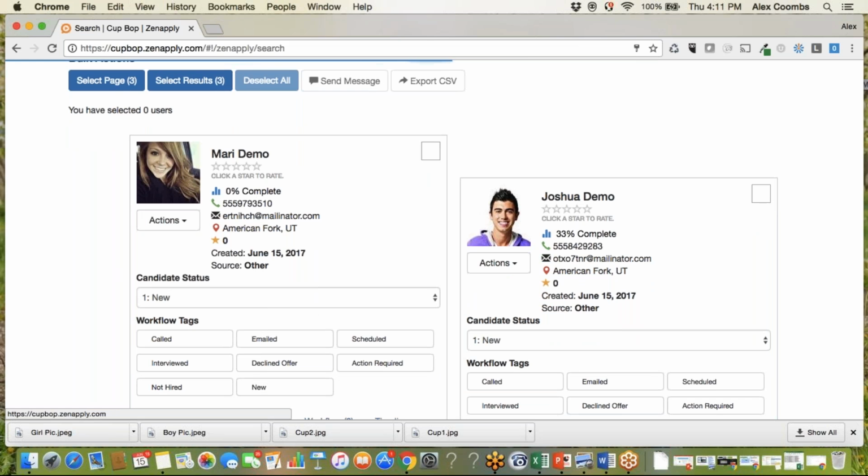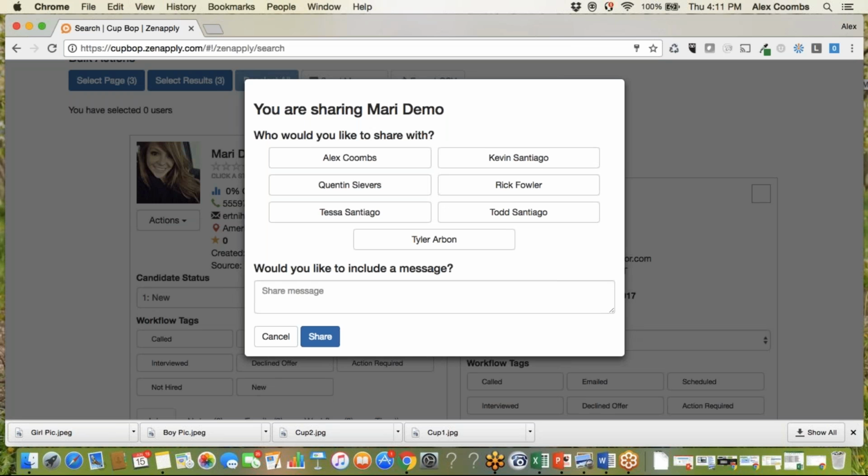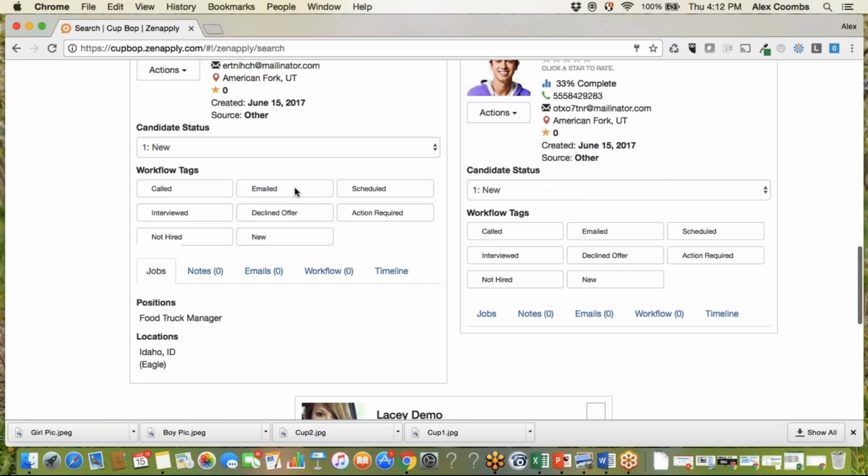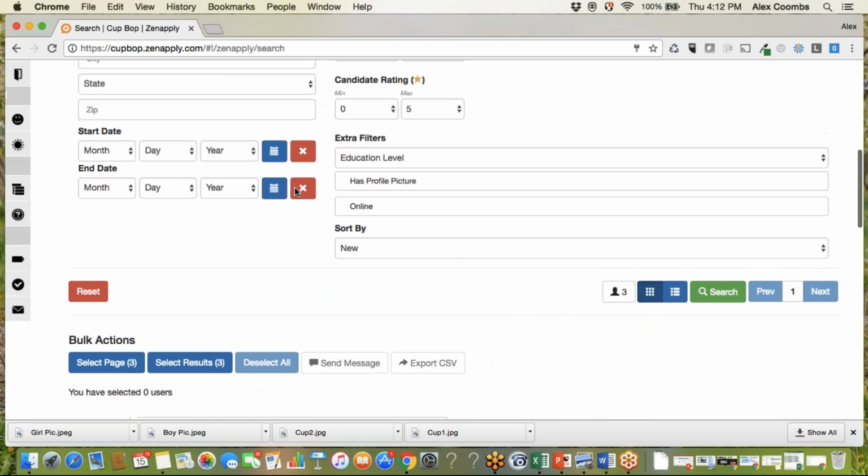You can also share applicants within our system. So if you click share, you can come in here, click on Tessa and type a message and then click share, and Tessa would get an email with the link to that profile. So it's a great collaboration tool internally, as you may need to share these applicants. So that is the search candidate section. Like I said, you're going to spend 90% of your time in this area,